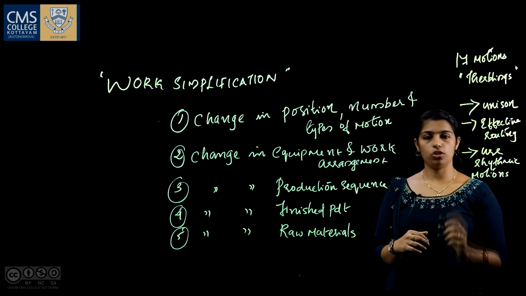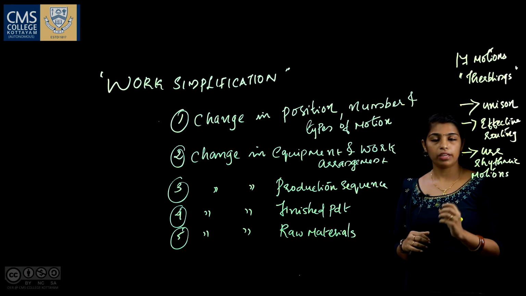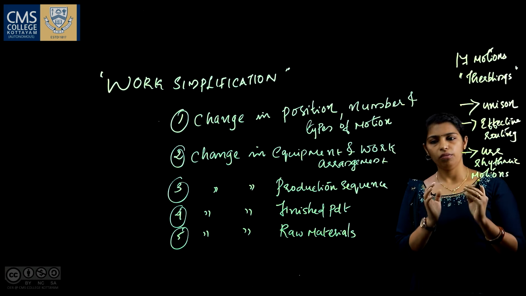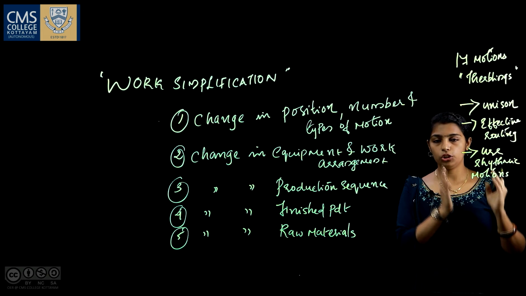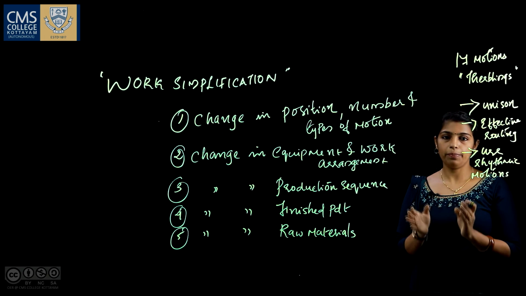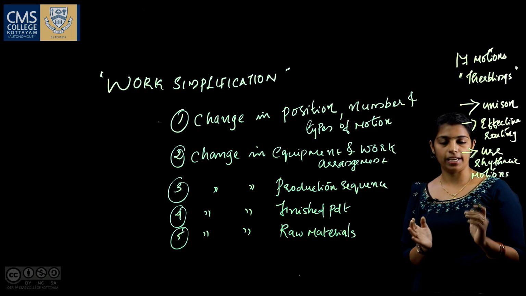Use rhythmic motions. For example, when we are carrying out a particular task, and if we have to wait for a specific period, we don't have to overlook for the job to get done. We can move on to the other job, so that 2 jobs which can be done rhythmically can save time.